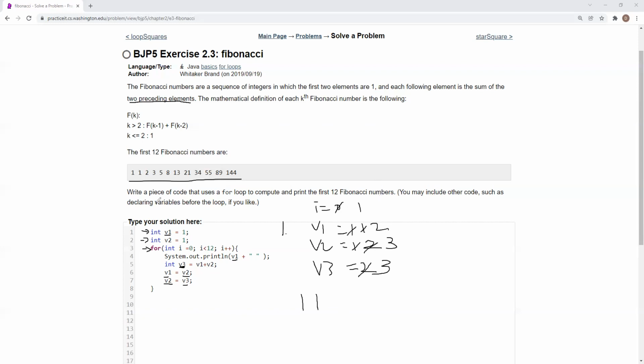So I think you see the pattern that's going on here. i turns to 2, print out 2, you're adding these two, so 5, and then this turns to 3 and 5. And so on and so forth until you reach 144,